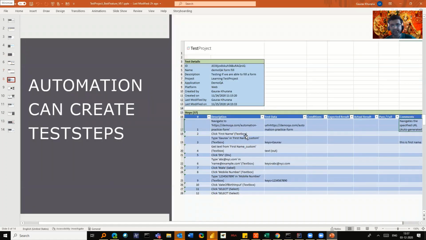And this test case thing is really nice. Suppose you have to deliver something very urgently, so even the whole team can do it. You can ask them to do it with the help of the recorder. Yeah, so the idea behind it is the step recorder. But if you see the little details in it, it's not doing it for the sake of doing it. Do you see how they have even formatted it? You see description, test data, expected, actual, pass, fail, and these are the drop downs. They have the valid drop down details. So they have paid attention to how to make the user very happy.